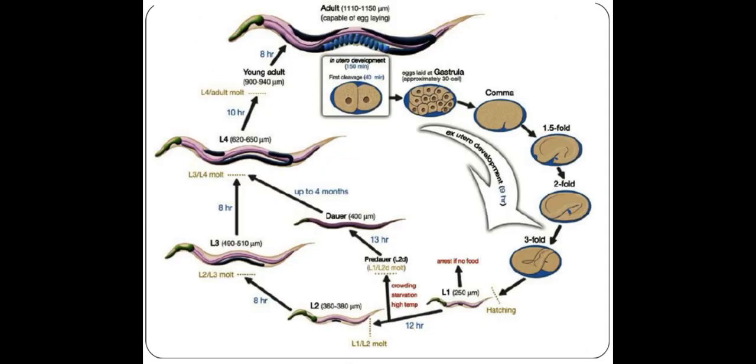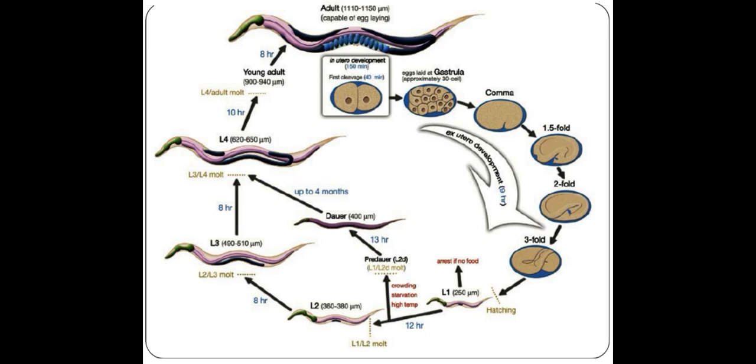Developmental biology portion. And adult, capable of egg laying, in vitro development, first cleavage, eggs laid at gastrula, 1.5-fold, 2-fold, 3-fold, ex utero development, arrest if no food, hatching, growing, starvation, high temperature, L2,